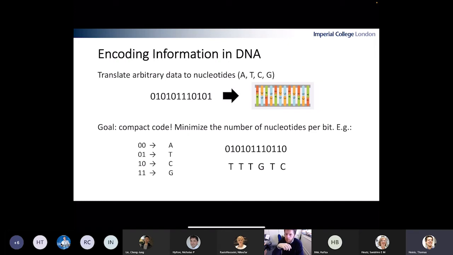Now, why are we so big on having this compact code, as I call it, to stuff as much information into as few nucleotides as possible? The reason is that DNA synthesis today is simply very expensive, orders of magnitude more than writing to tape or disk, right? That also brings me to the next slide,